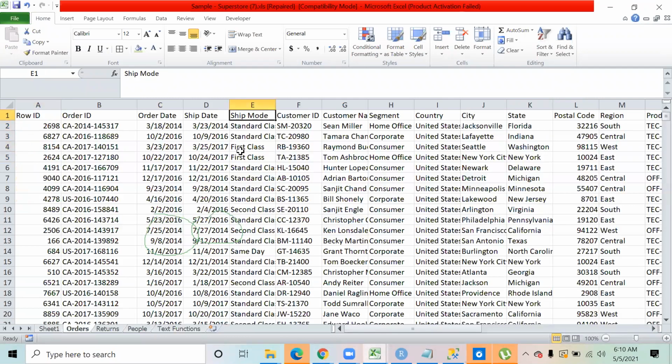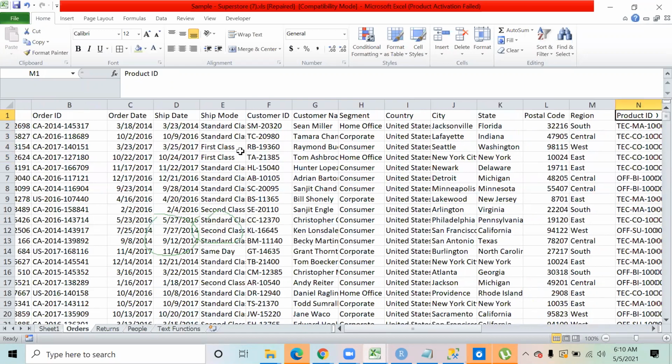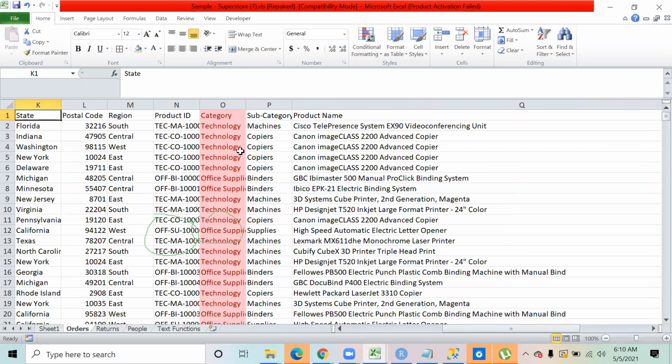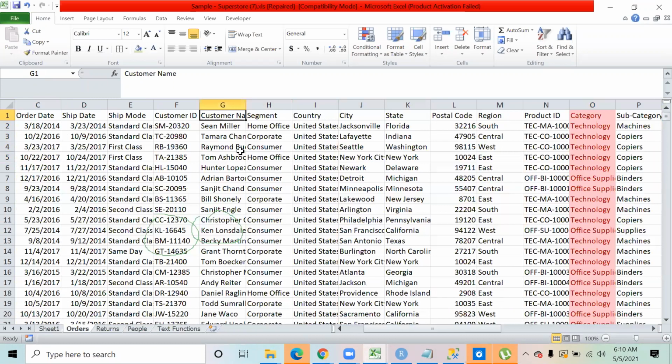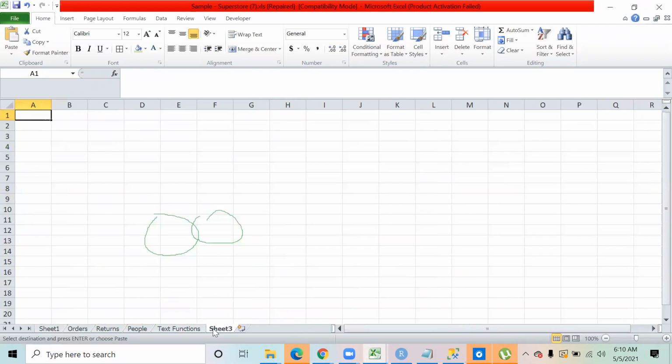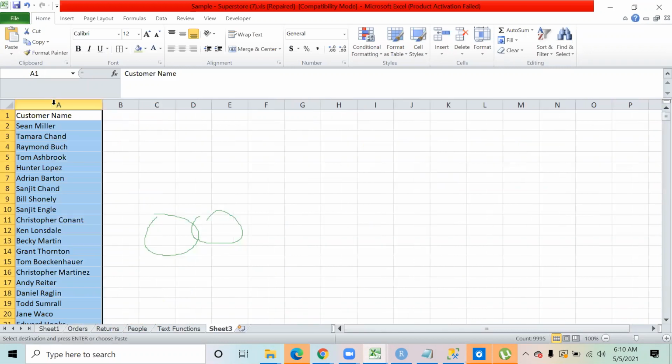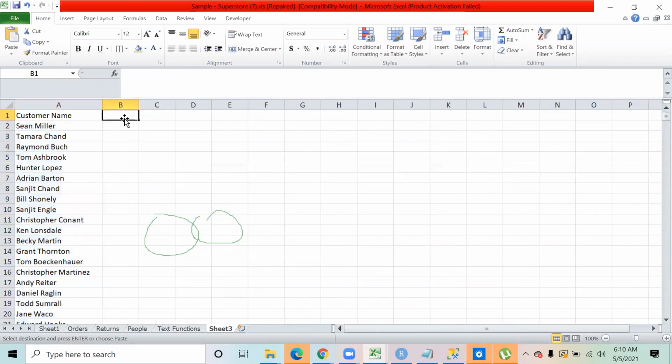Shortcut, you already know a different technique. Suppose these are the names of the customers. Let me paste it into a new sheet. I want to see all these customers in uppercase. All the customer names, I want to convert them into uppercase. So I will apply a formula of upper. I'll say the name of the customer. I get Sean Miller over here like this. But I have to convert all the names into uppercase. So how can I do it?